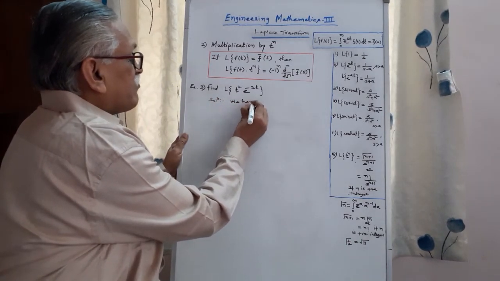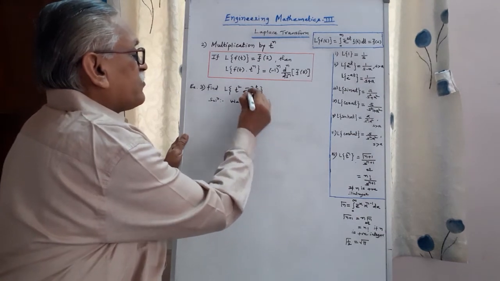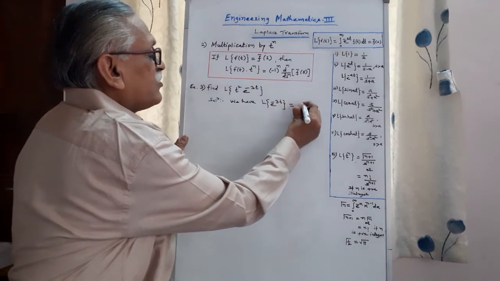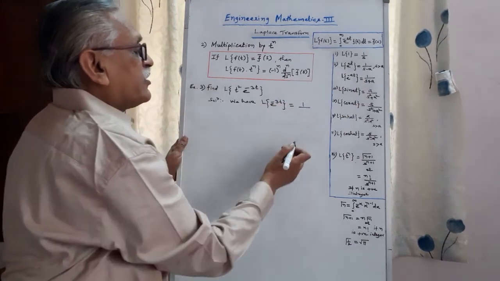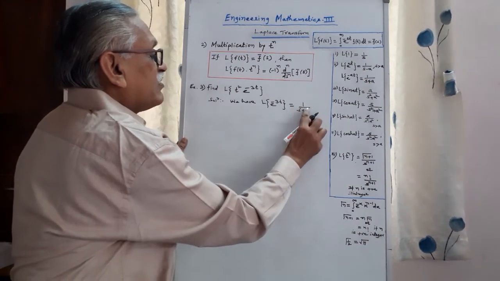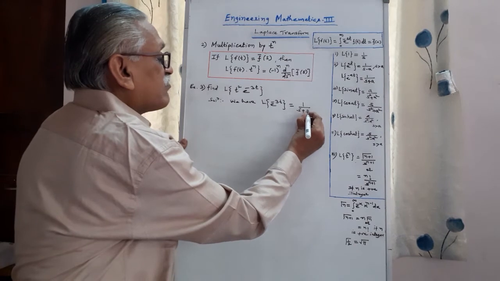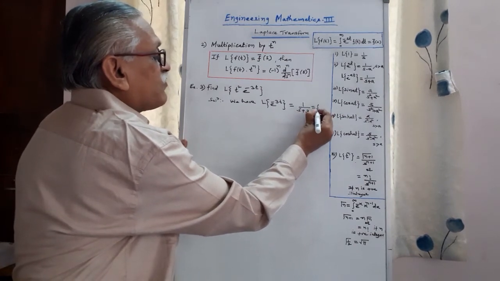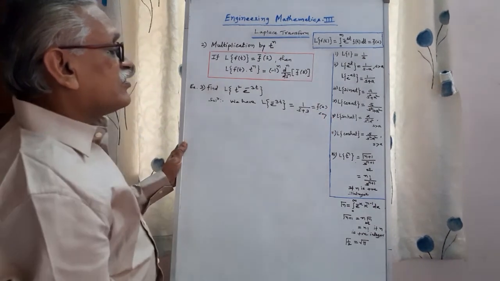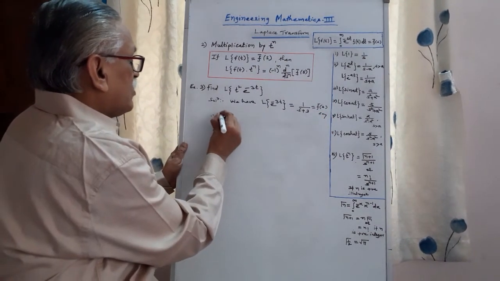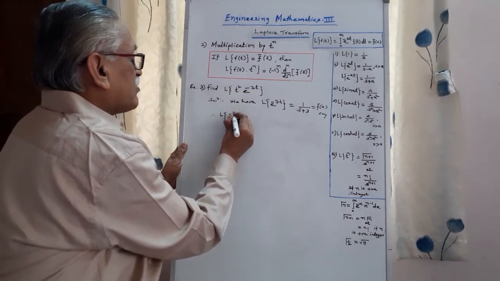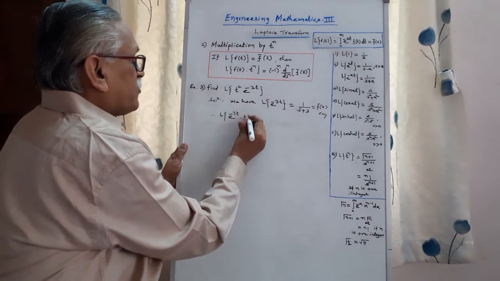we have the Laplace transform of that e raised to minus 3t as 1 upon s plus a, by the standard result, and a is here 3. We call this f bar of s, say. Okay, and therefore the Laplace transform of this e raised to minus 3t multiplied by t square,